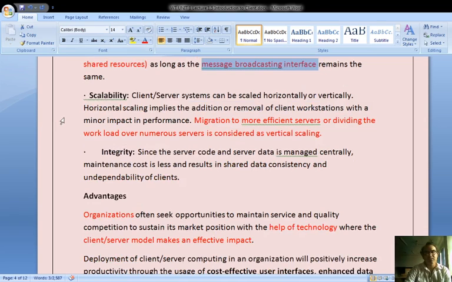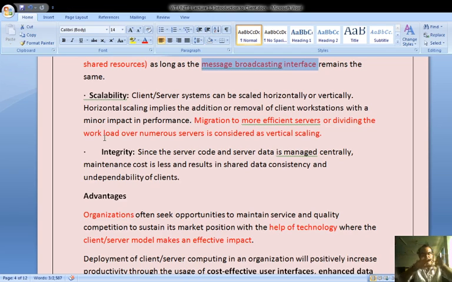Next is scalability. A client server system can be scaled horizontally or vertically. In horizontal scaling, we add more client workstations, and in vertical scaling, migration to more efficient servers is taken care of. Dividing the workload over various servers is considered vertical scaling.